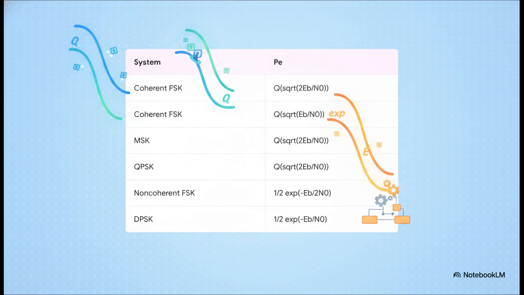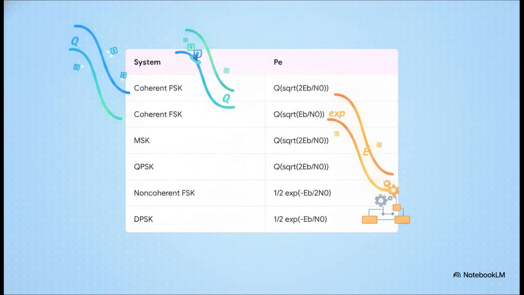Notice that the absolute top-tier performers, coherent PSK, FSK, and QPSK, all rely on the Q function. That function dictates a really steep, strict drop-off in errors as you pump up the signal energy. On the flip side, the non-coherent systems rely on an exponential function. They don't perform quite as flawlessly, but remember, the trade-off is that their receiver hardware is way simpler and cheaper to build. As an engineer, this table lets you calculate the exact survival odds of your data based on the